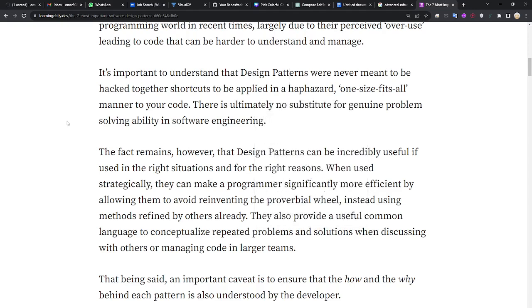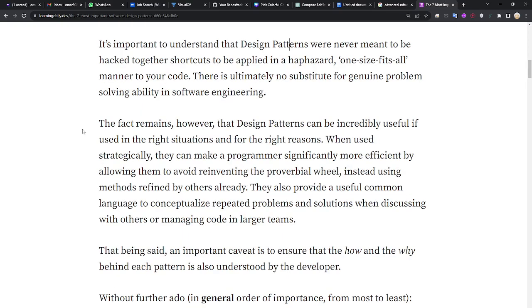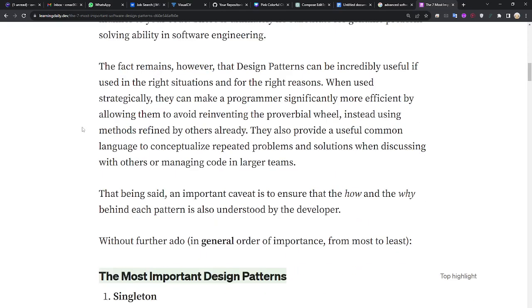There is ultimately no substitute for genuine problem solving ability in software engineering. The fact remains, however, that design patterns can be incredibly useful if used in the right situation and for the right reason. When used